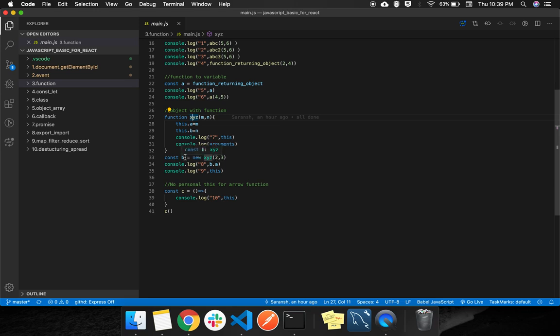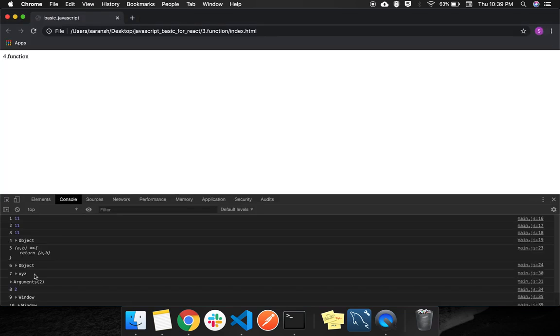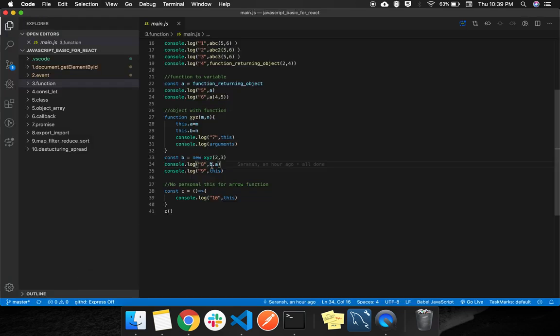Now the const b will have object memory of this function. Means this is the instance which will hold key a and b of this function. So let's see 8, b dot a, what it will be. 2, because we have sent 2 here, and 2 has been set to a.